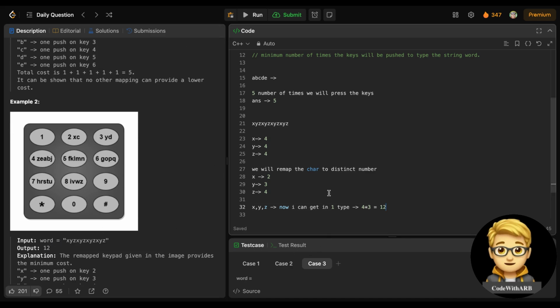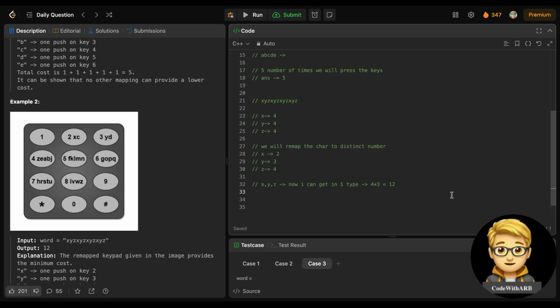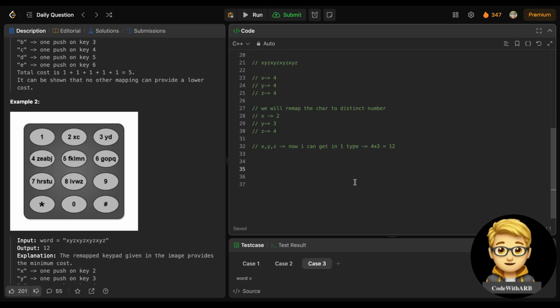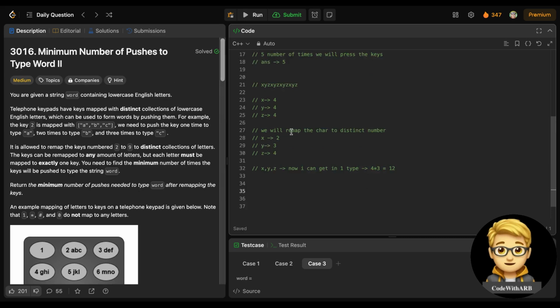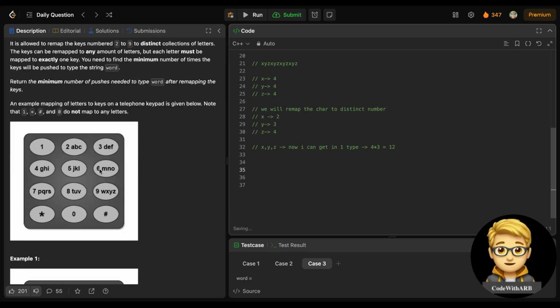So I hope you understood the question. And while understanding this example, you will also figure out how to approach it. One thing to observe here is that we have 2, 3, 4, 5, 6, 7, 8, total 8 distinct numbers, right? It means I can